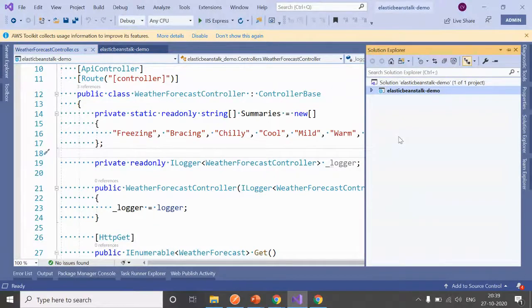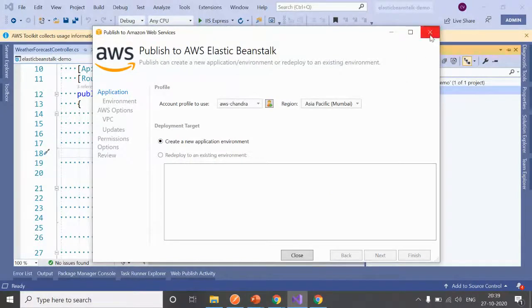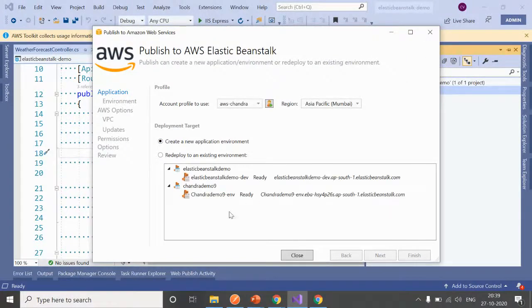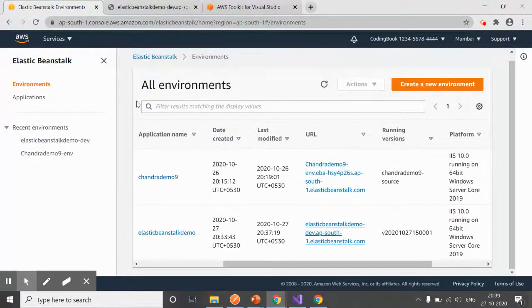and this time do the deploy on the existing environment rather than the new environment. So that is the only change you need to make. See, now we have the two environments, right? So that was the first way with which we can achieve this. Now in the second part actually we'll do it using the AWS console.